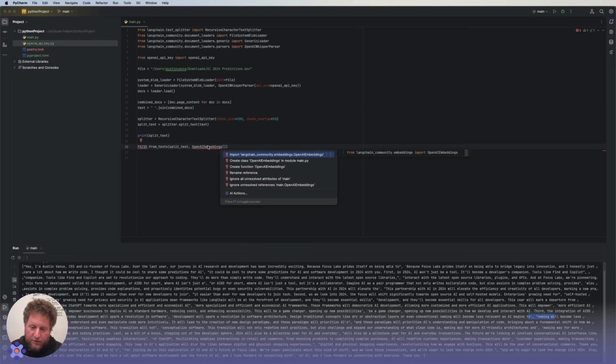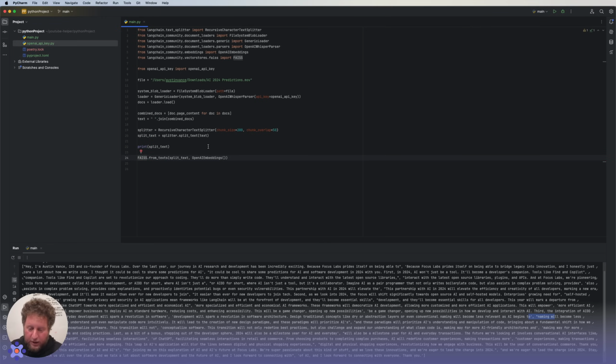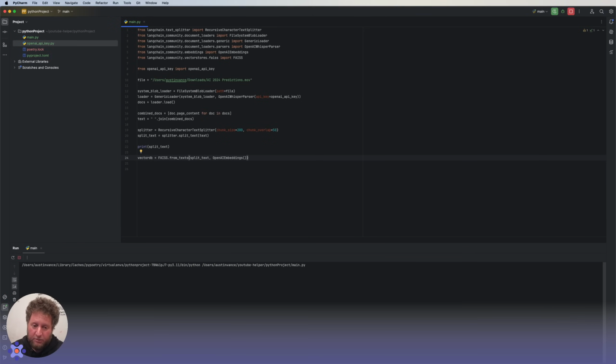I can do both of these things, and I'll be able to get out a vector DB. That vector DB allows us to search for embedded text and then pull it eventually back out. That's pretty simple, but I guarantee when we run this, we're going to end up with an error. So let's run it again and get our error.